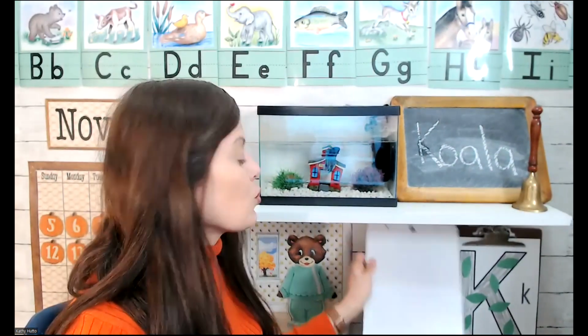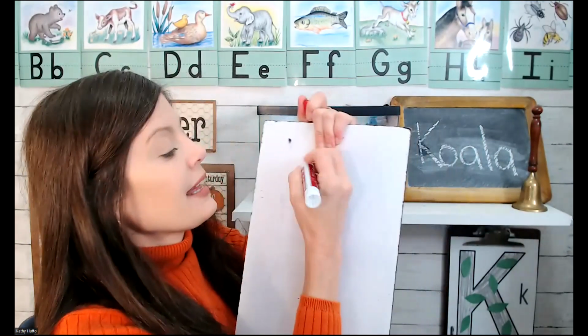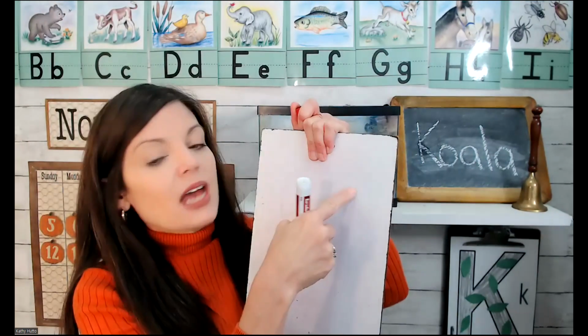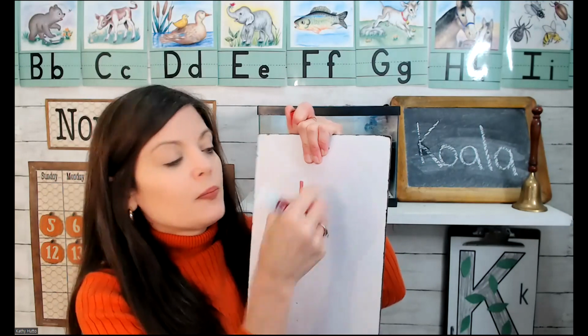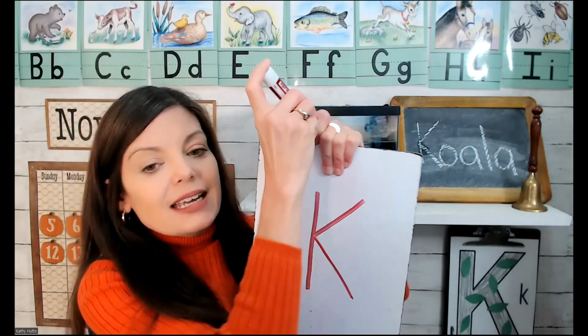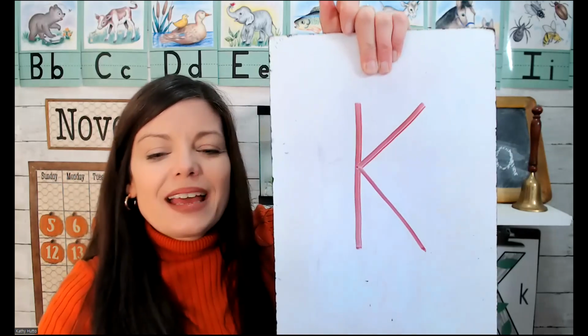Now we're going to practice writing it. To write letter K, we're going to make a line that goes straight down. Then we're going back up to the top, but we're going to move over. Slide to the middle and slide out. It kind of looks like a duck's bill. Quack, quack. Can you make a big letter K?